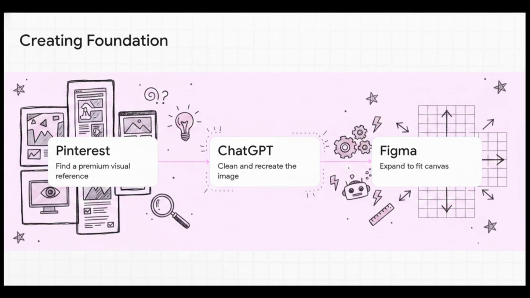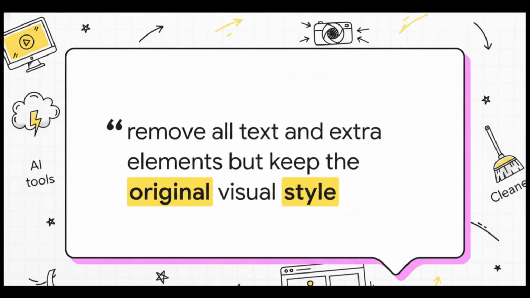Let's actually look at the exact prompt we used to command ChatGPT. It is super cool how ChatGPT basically acts as our cleaner for this step. By selecting the image generation option and forcing a 16:9 ratio, we use this exact prompt to strip away all the junk, like weird text or old UI elements, while completely preserving that premium high-end character vibe. You end up with this stunning, totally clean background asset.